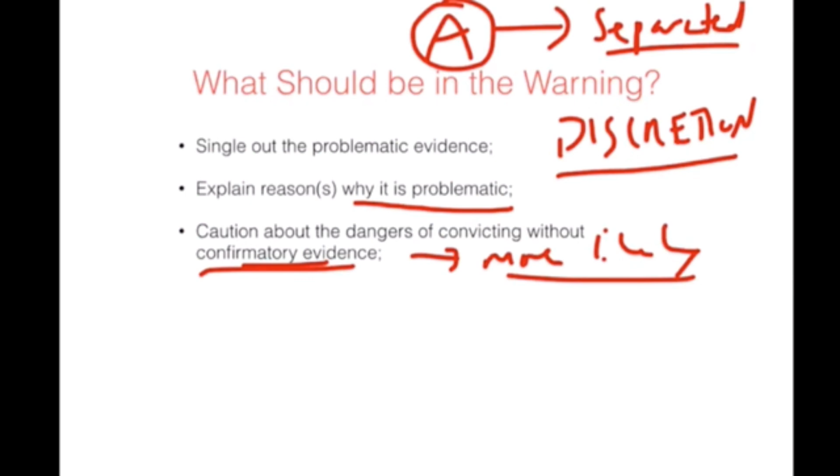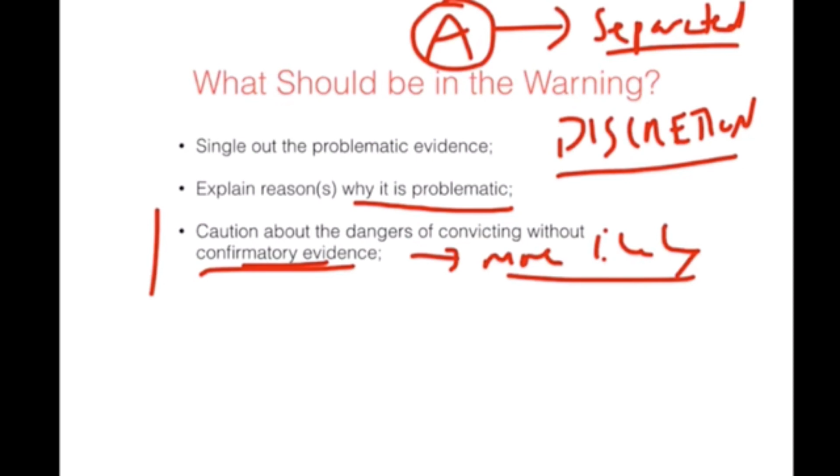And let me just say, for the record, judges have to leave it to the jury to convict, even if there's no confirmatory evidence. It's up to the jury ultimately to make that decision. It's beyond the context of this capsule, but that's a really interesting, controversial topic. Some legal scholars have suggested that jurors should no longer be instructed to that effect.